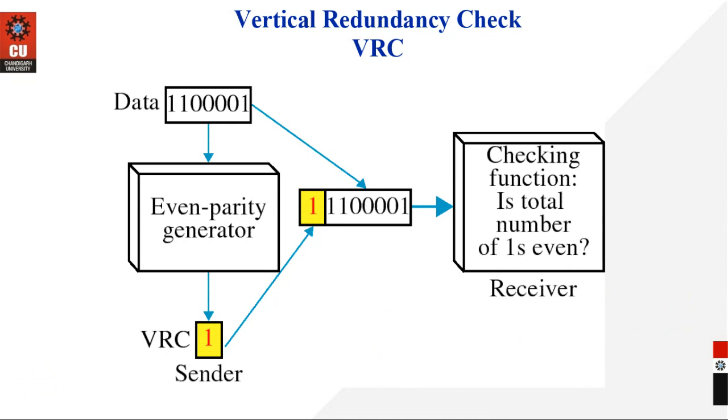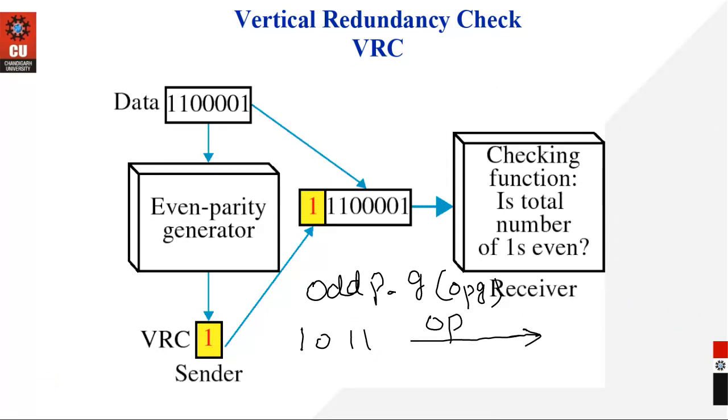If I am using the same example and I am using odd parity generator, let's take it as OPG. The data I have got is 1011. I have passed on that data to OPG. What will be the parity generated if I am using odd parity generator? And what data will be traveling over the medium? First of all, answer me this, what will be filled in this blank. Original data is 1011. I passed this on to OPG, odd parity generator. तो क्या parity generate करेगा? 1 करेगा कि 0 करेगा?